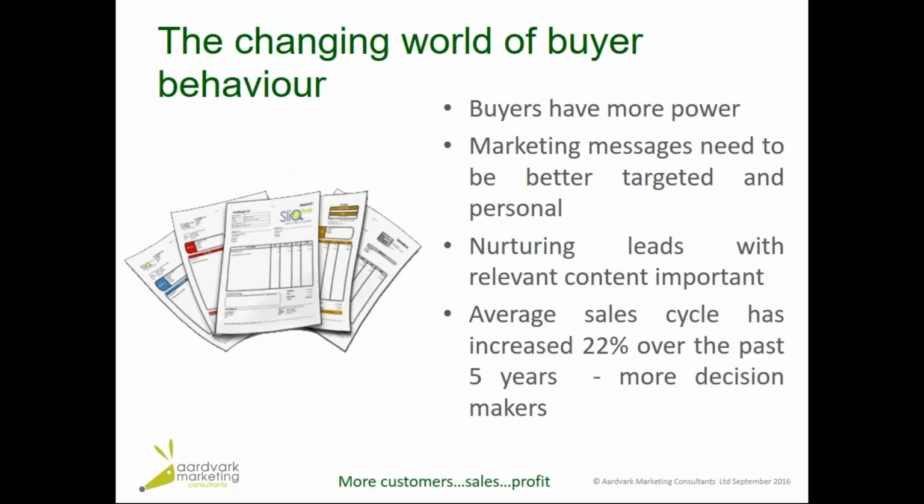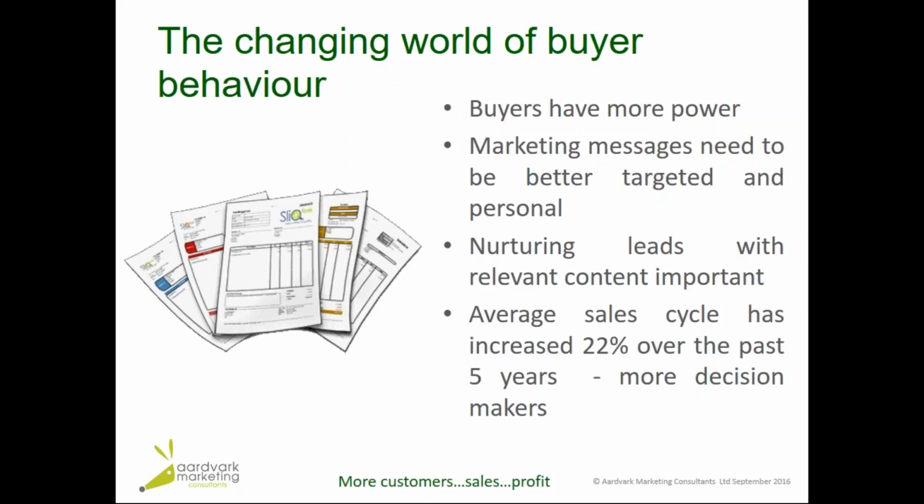So if we think about how buyers are engaging with us in our businesses, the situation has changed a lot recently. Buyers used to have quite limited information about you. Now they have so much information, sometimes they even have more than they can use. And a buyer will pre-vet your company in advance of contacting them. So they'll look at things like your account record, they'll look at your credit history, they'll certainly check out your website, they'll look at your social media presence, they might even stalk and check out key members of your team before they will engage with you. So they're doing all of that behind the scenes, and if you don't have web tracking, you don't know that's going on.